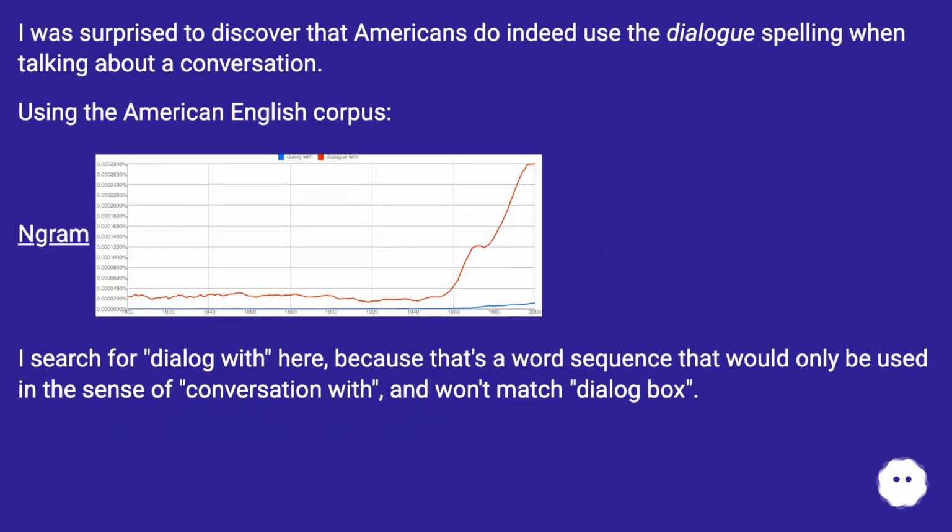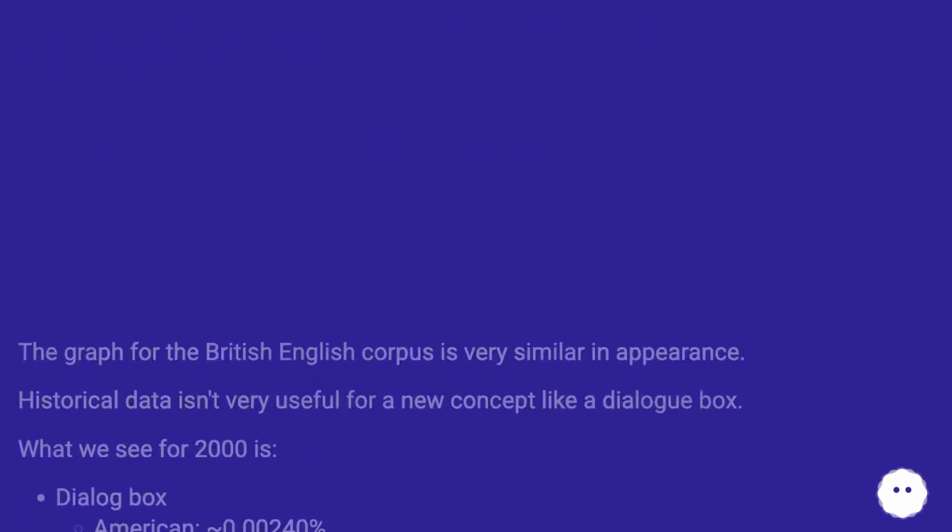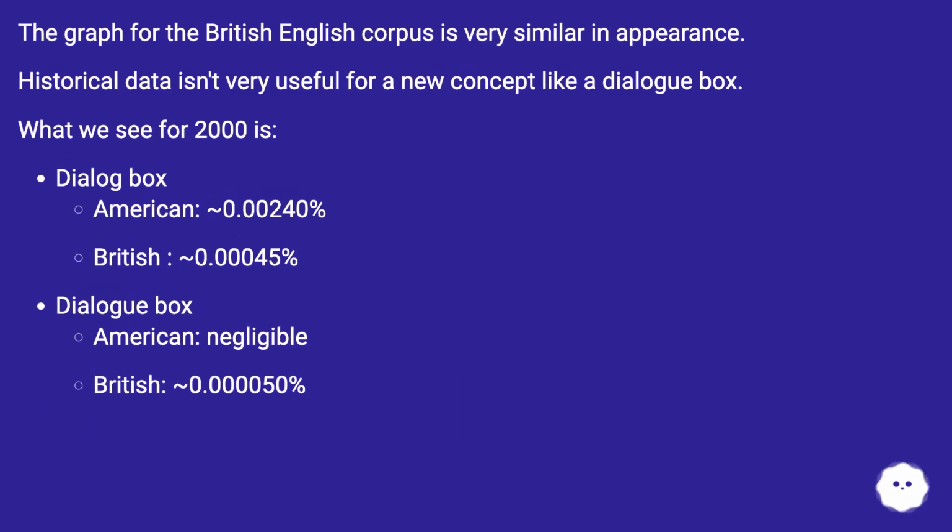I was surprised to discover that Americans do indeed use the dialogue spelling when talking about a conversation. Using the American English corpus, I searched for "a dialogue with" here because that's a word sequence that would only be used in the sense of a conversation with, and won't match dialog box. The graph for the British English corpus is very similar in appearance. Historical data isn't very useful for a new concept like a dialog box. What we see for 2000 is dialogue: